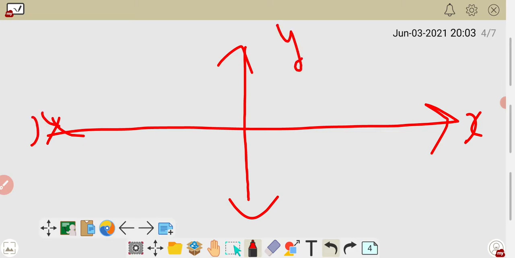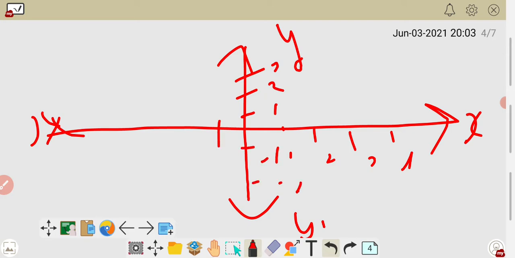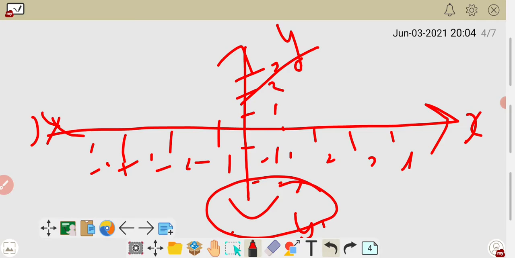On x dash and y dash, upward you always represent positive points 1, 2, 3, and here also 1, 2, 3, 4. Downward you have to take negative points, -1, -2, and here also -1, -2, -3, -4. So this one represents the positive x-axis, positive y-axis, negative y-axis, and this is the positive x-axis, and this is the negative x-axis.